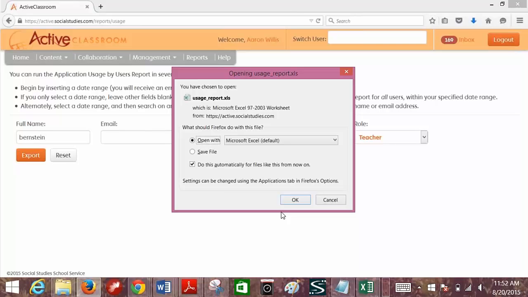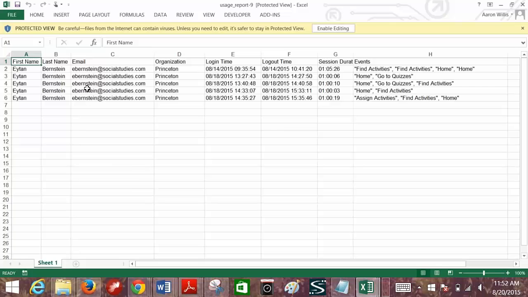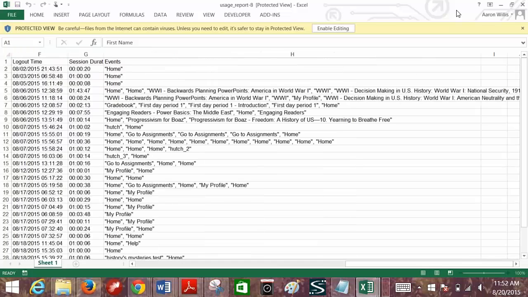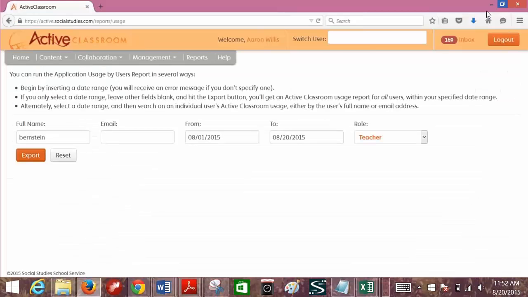So we think it's really important. What we've discovered with Active Classroom is that you usually have in a district several power users that really take to the system and get a hang of it, and others that are either intentionally reluctant. They've been teaching a different way for 30 years and they're getting ready to retire in 2 years and they're not interested in something new, or others that just aren't quite familiar with the system or can't figure out what to do with it. Well, do a search, figure out who your power users are,